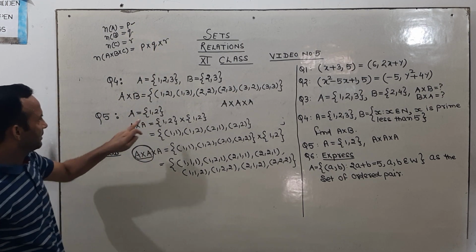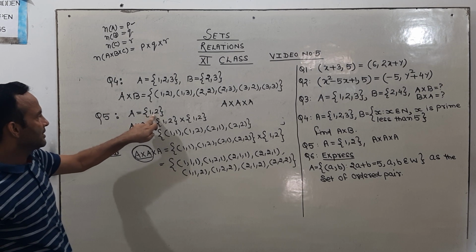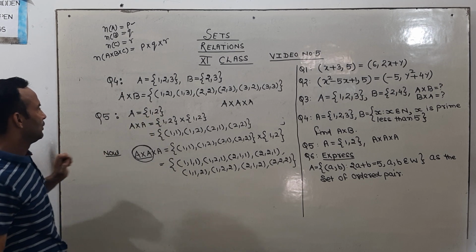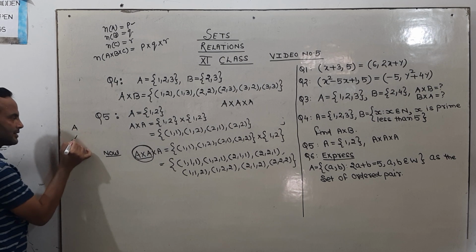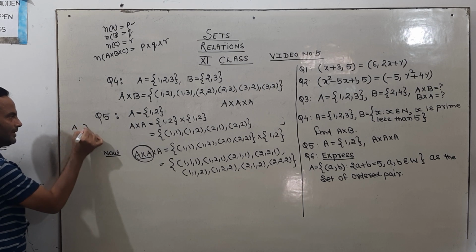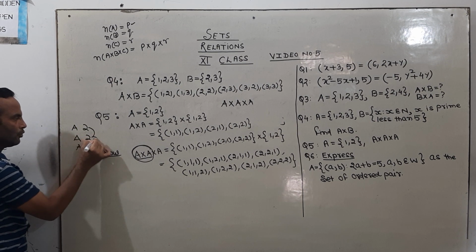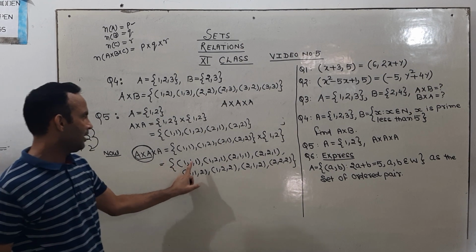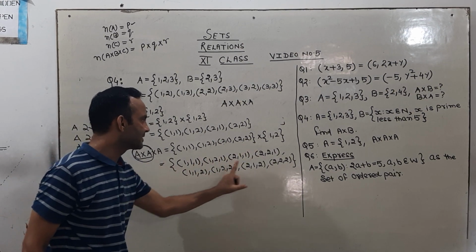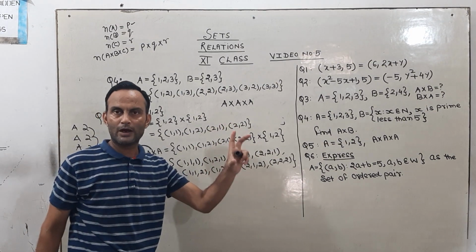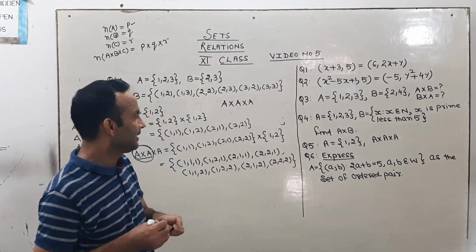You can see here set A consists of two elements. Again set A consists of two elements, again set A consists of two elements, means 2, 2, 2. 2 to the 4, 2 to the 8. See, 1, 2, 3, 4, 5, 6, 7, 8. I hope you understood well what I want to say. Now see the next problem.